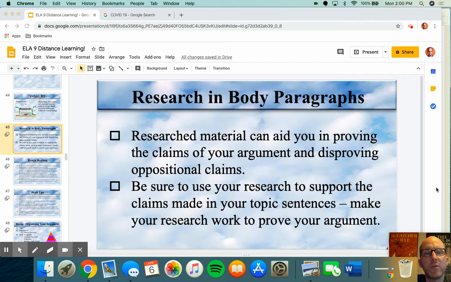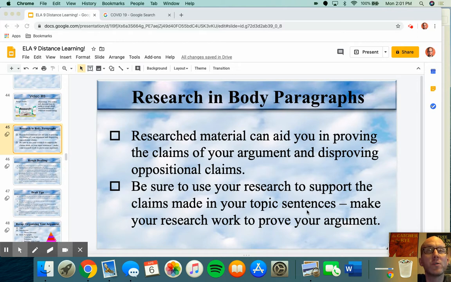But other than that, if you're doing any other topic, you can find information on the internet. So when you're doing your research, be sure to support your claims with evidence. And your body paragraphs in this case are going to start with topic sentences, which we'll get to in a second. The idea being that you want to make sure that your research clearly proves these reasons.